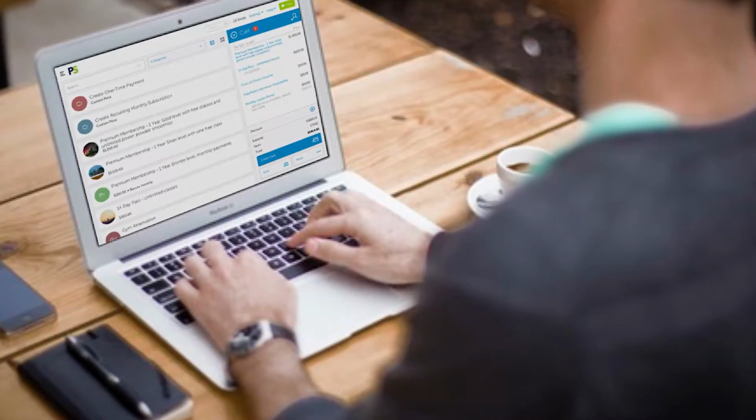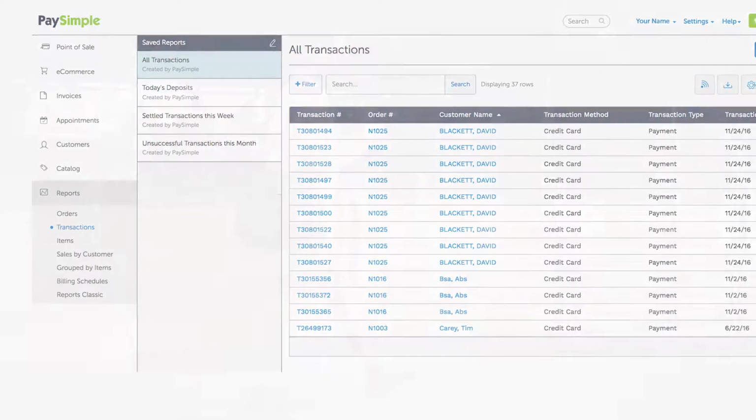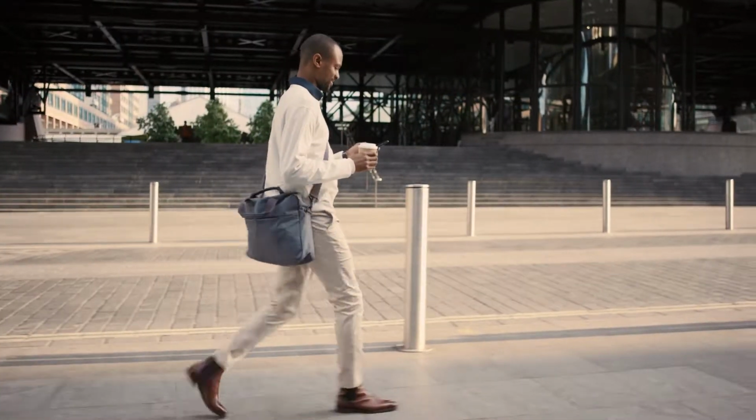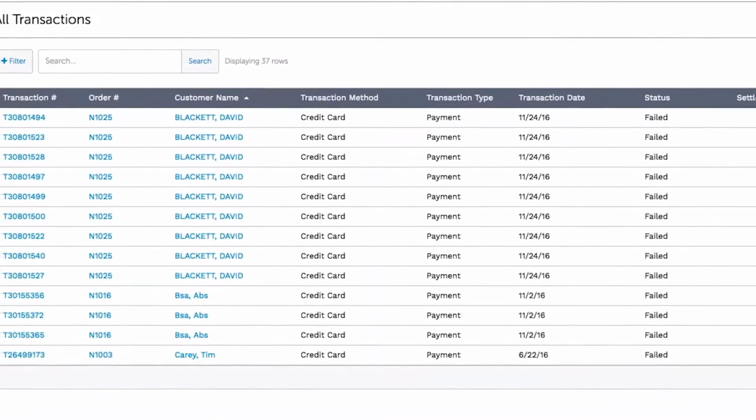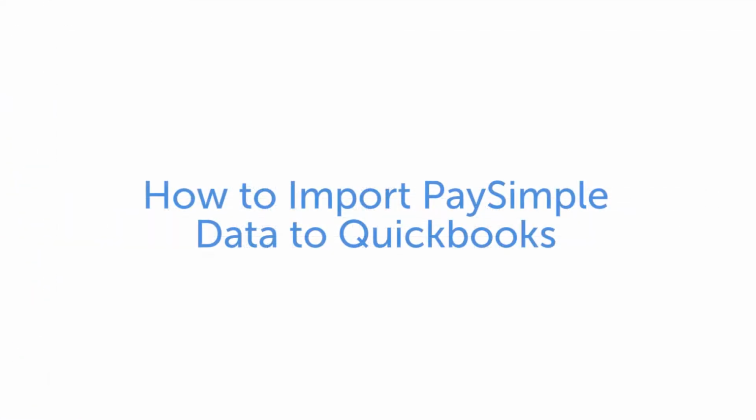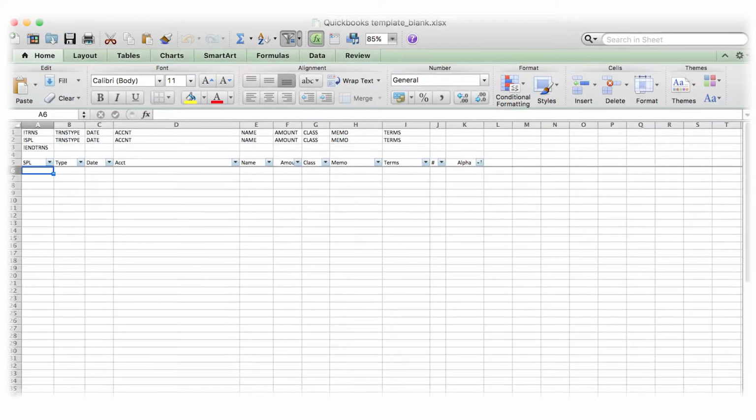Using PaySimple to manage your customer database means having state-of-the-art reporting at your fingertips and on the go. It also means you have the ability to easily export insights for use in other business systems, like QuickBooks. In this video, you'll learn to take an exported CSV file from PaySimple to an Excel template that can be